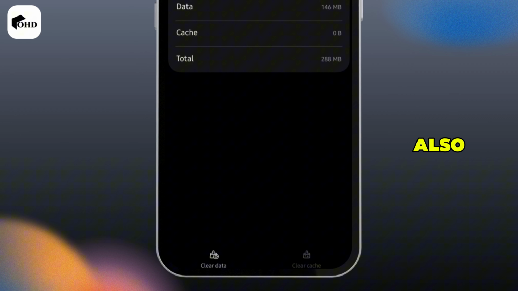What's up guys? Today's video I'm going to show you how to fix RCS chats not supported. So first of all, what you have to do is long tap onto your messages, then tap on this I button. Then you're going to have to select storage, clear cache, and I also recommend you to